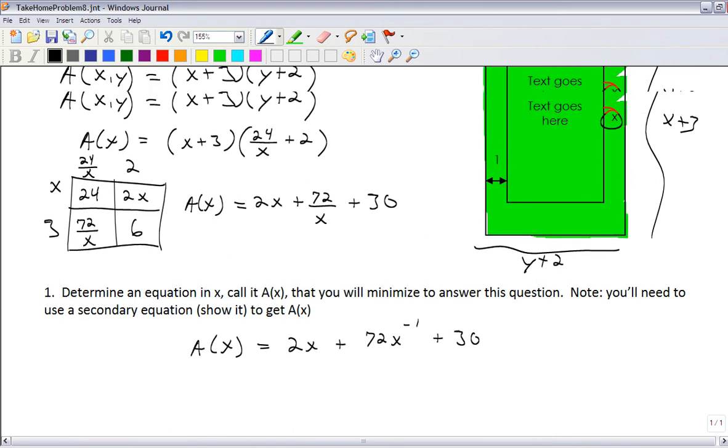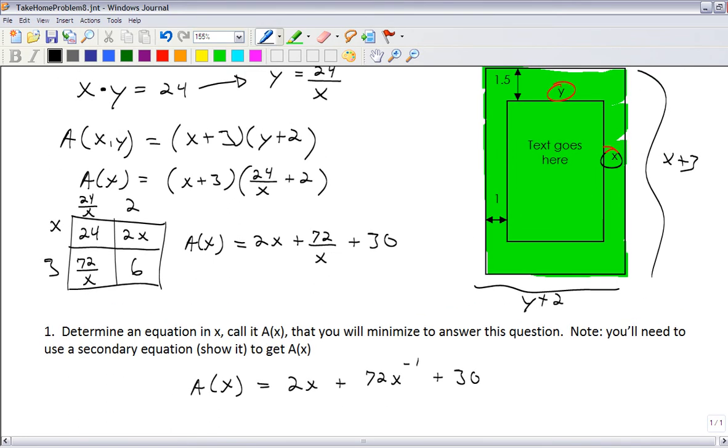Now x, right? X is a length. So let's think. What's the domain of A of x? And you think as you start to plug values of x into this, you're going to want to say, well, what makes sense for x? So what's the smallest that x could be? Okay, well, x couldn't be 0, but it could be infinitely close to 0. And could x be